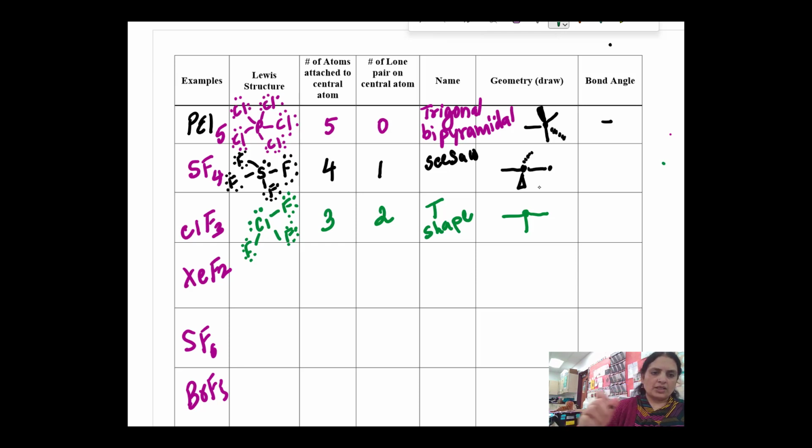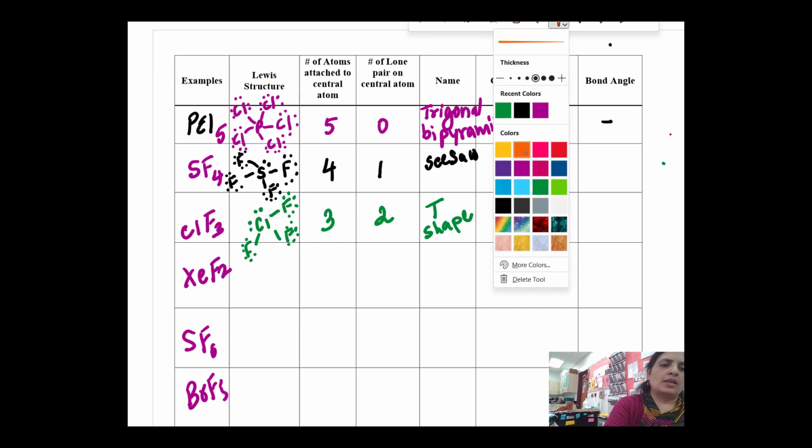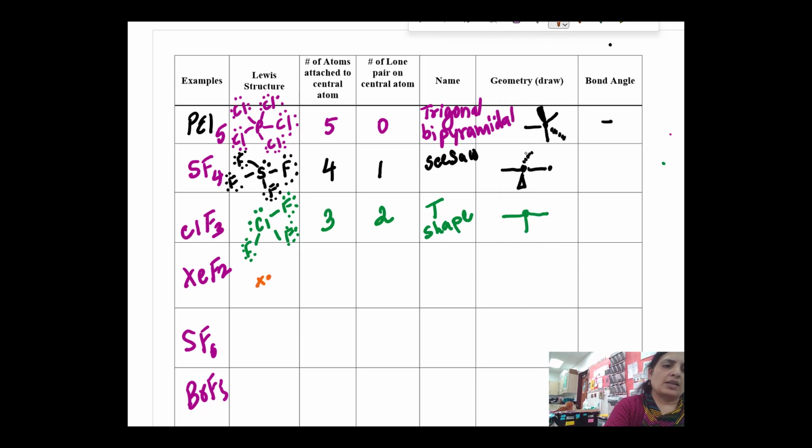Okay, the next one is XeF4. So Xe is in the center. Now, even if it is a noble gas, it's way down on the bottom, which has those d orbitals and things like that, where electrons can move around and form a bond. So it does form some compounds there. So I have 2 fluorines